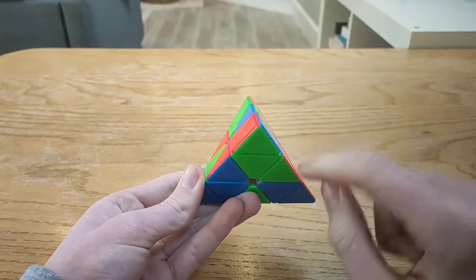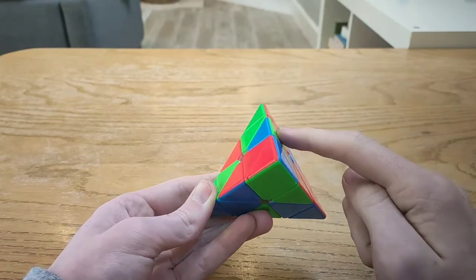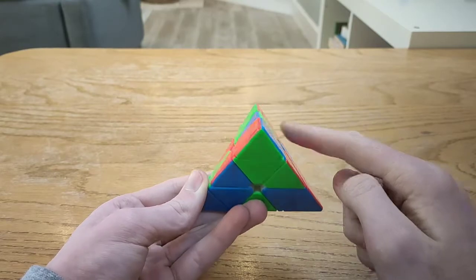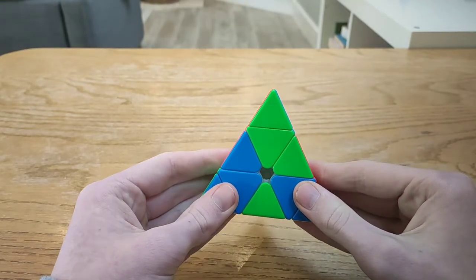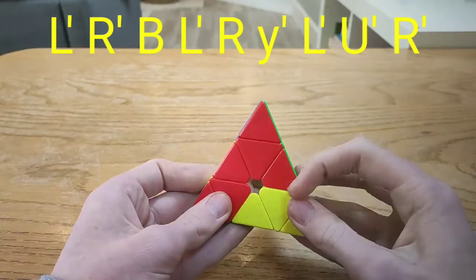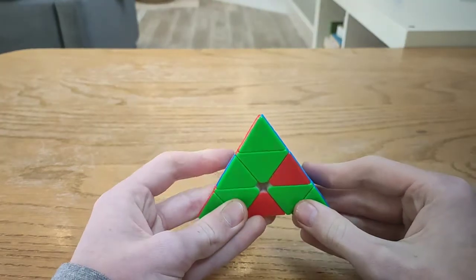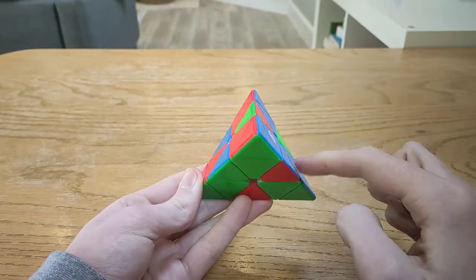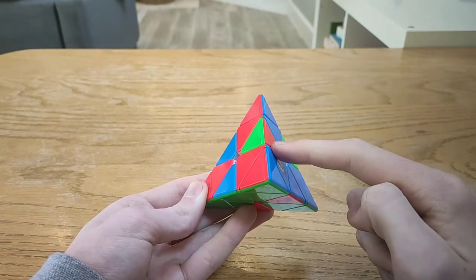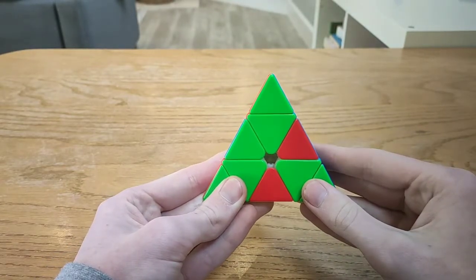In this case, you have two bars pointing down to your right, and one piece which you should hold at the back of the cube, which has nothing correct. And the algorithm is. In this case, you have two bars pointing down to your left, and one piece which has nothing correct. You should hold that piece in the back, and the algorithm is